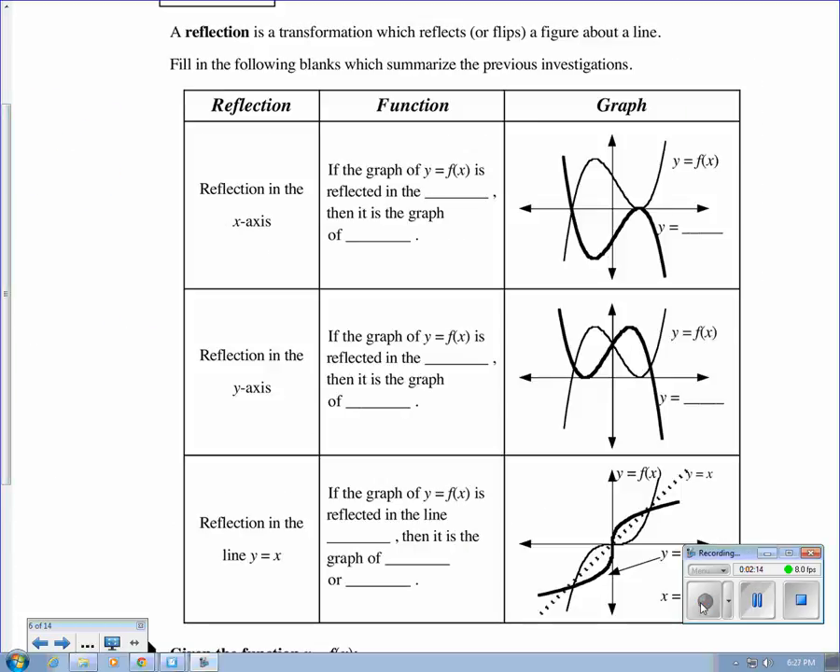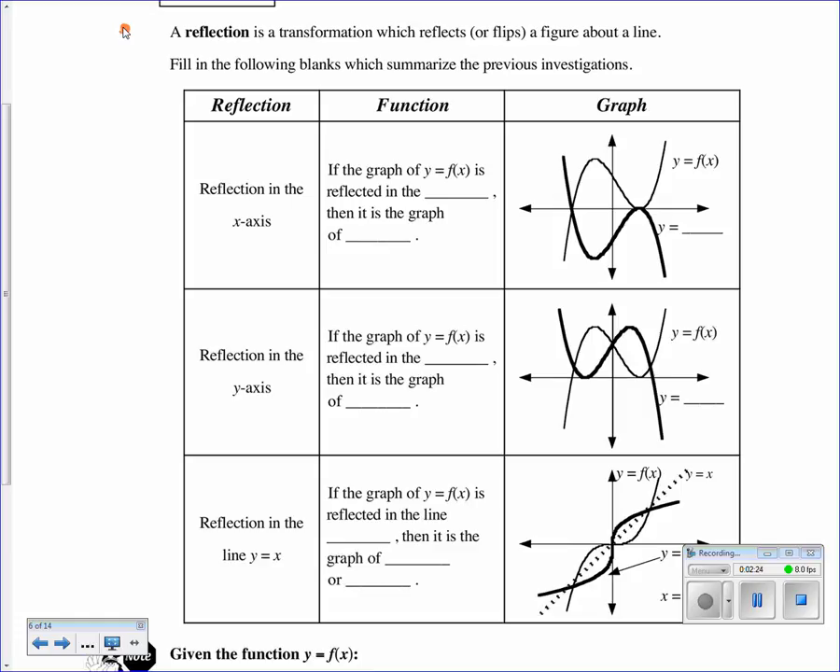So some nice language to nail down on your study sheets. A reflection is a transformation which reflects or flips a figure about a line. I've been talking about the mirrors that are there. Fill in the following blanks. A reflection in the x-axis. If I'm reflecting in the x-axis, what am I doing? I'm doing something with y. Y becomes negative y. If the graph of y equals f at x is reflected in the, what is it reflected in? It's reflected in the y,